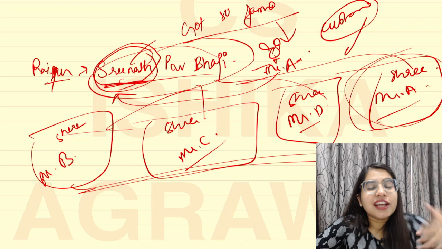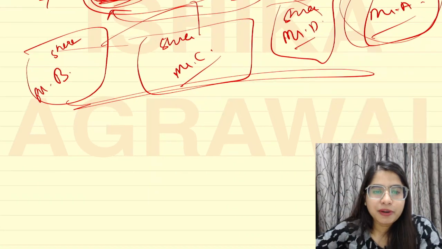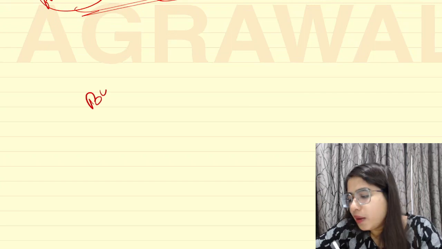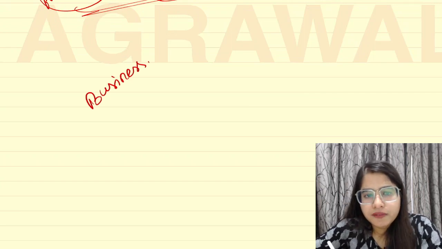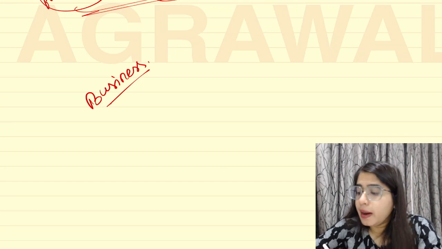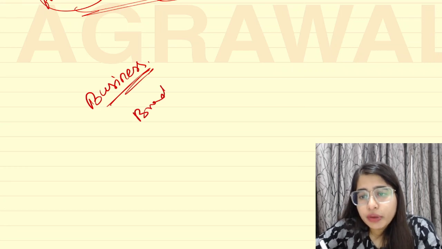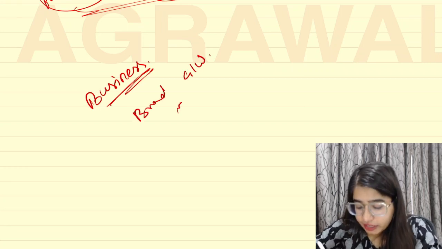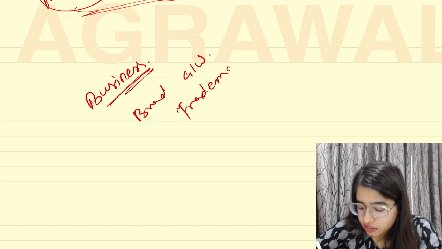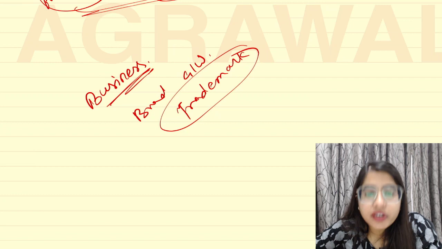I am the original Srinath ki pav bhaji. Why? Because they did not take trademark protection. That is why, when you do a business, it's very important. If you're making a brand name or you're making a goodwill, it's very important to get it trademark registered, so that no one can copy your name or use your name